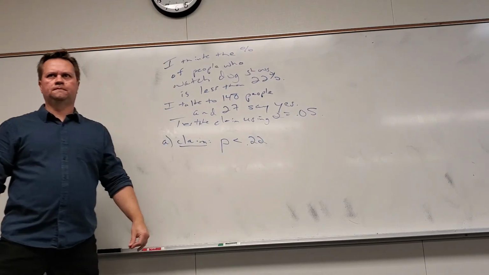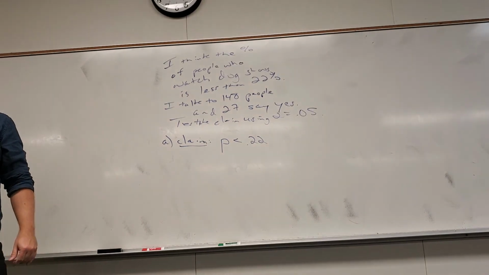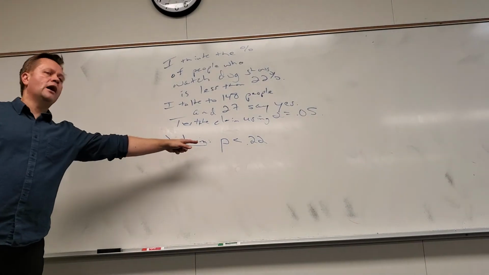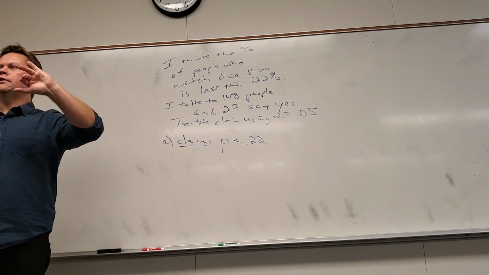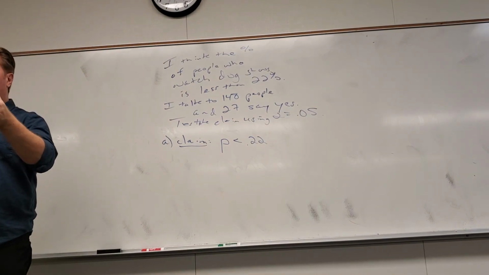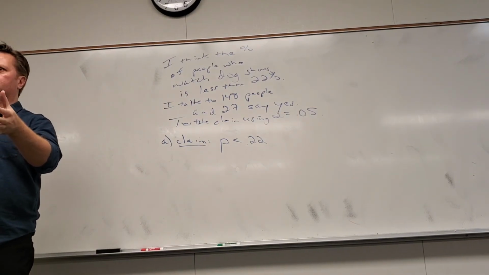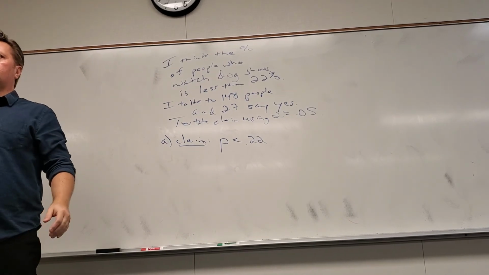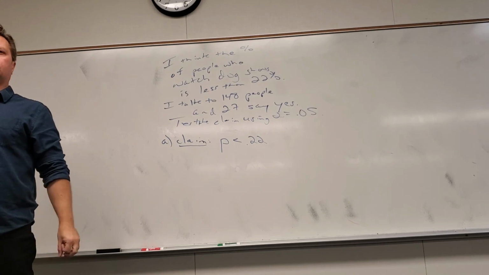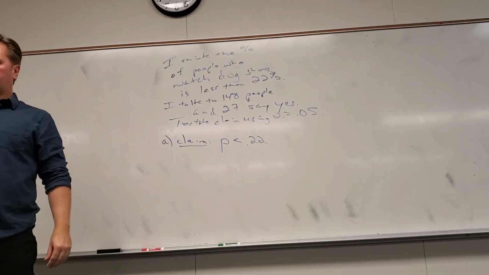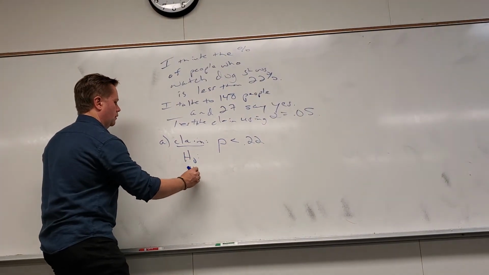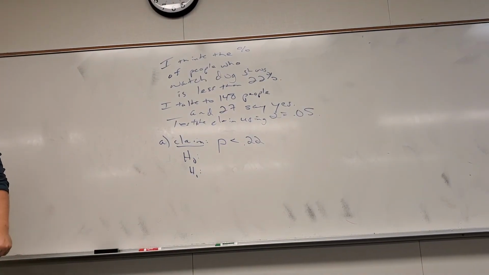Not mu, it's not about means. The hypothesis will only ever have population symbols, because I would never make a claim about a sample I can see. Which one is that going to be? The H1, because it doesn't have a